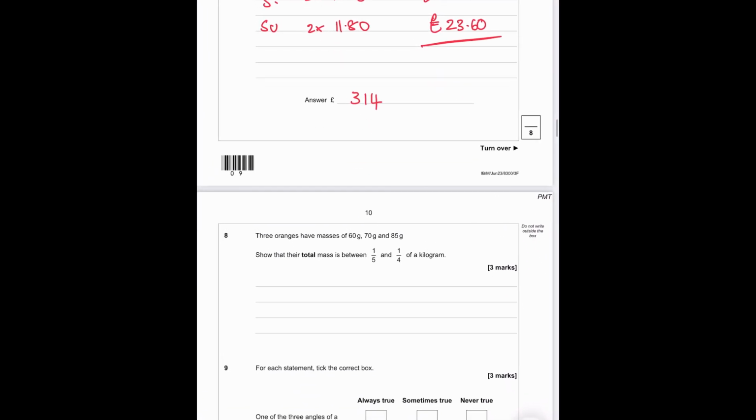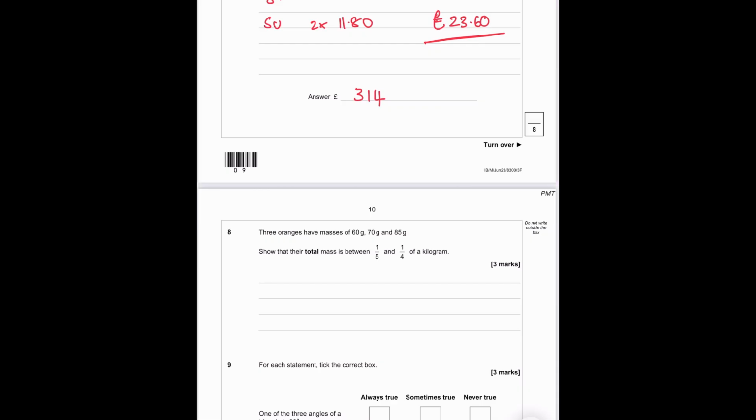3 oranges have masses of 60, 70 and 85 grams. Show that their total mass is between 1/5 and 1/4 of a kilogram. So if we add those 3 masses together, we get 215 grams, which equals, if we change it to kilograms,